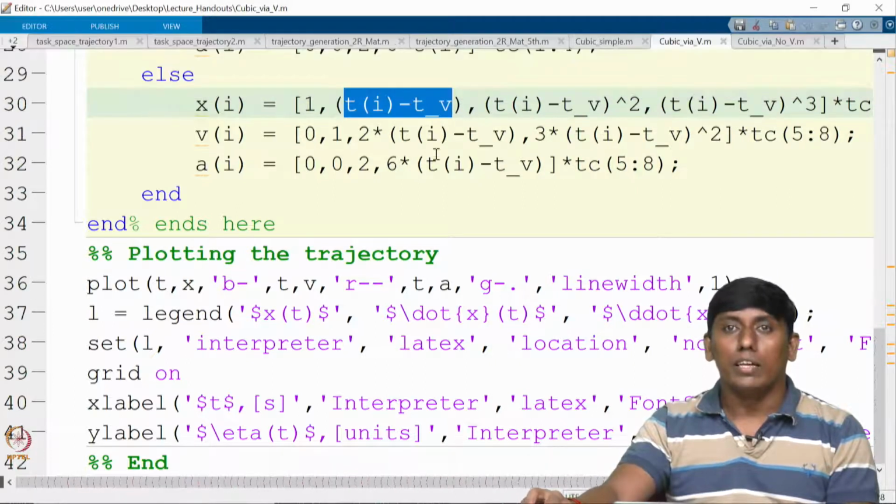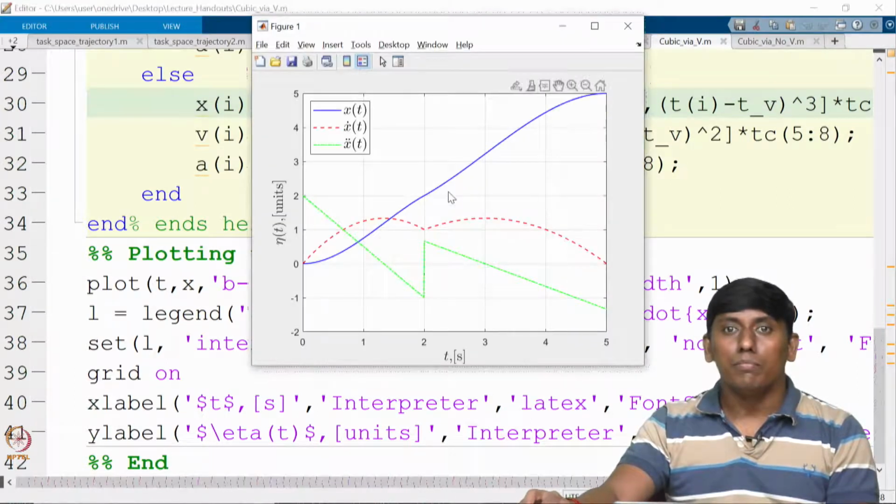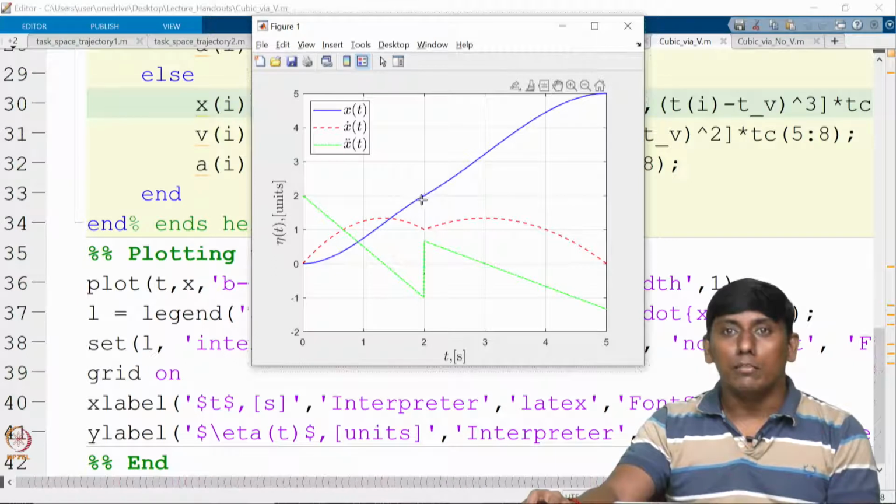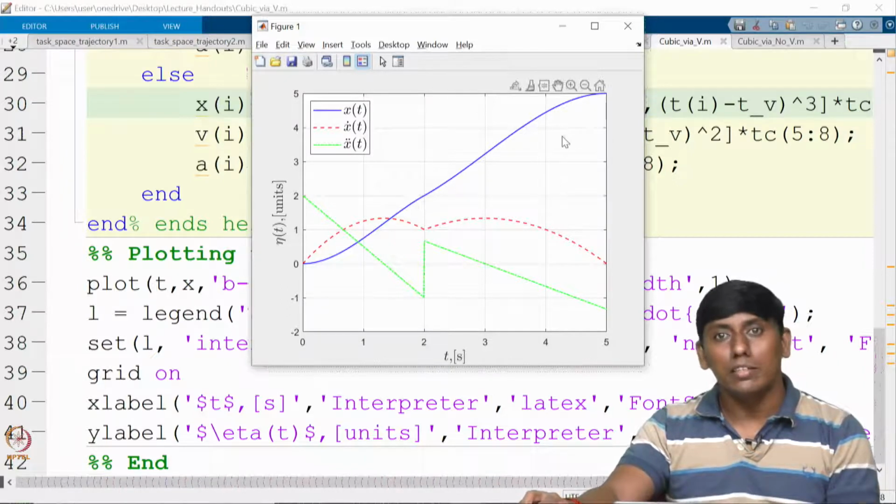So we will run this. It starts from 0 and ends at 5, but there is a via point. You can see this is with velocity specified, where the velocity is specified as 1 meter per second, for example, if we consider linear position. Correspondingly it moved 2 meters, and in the second segment it moved the next 3 meters, so the velocity is modified. The initial and final velocity we have given as 0.